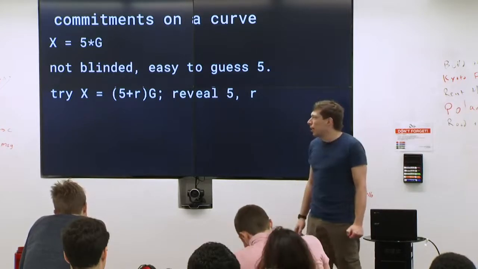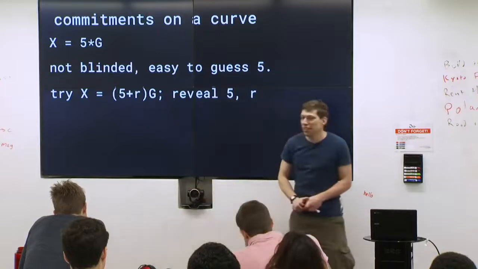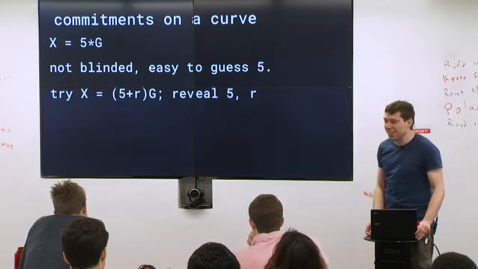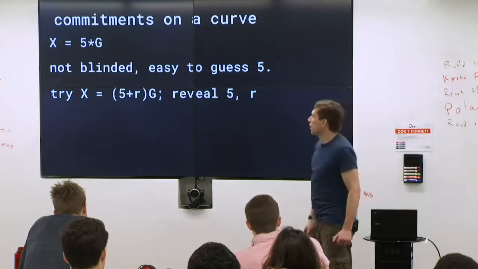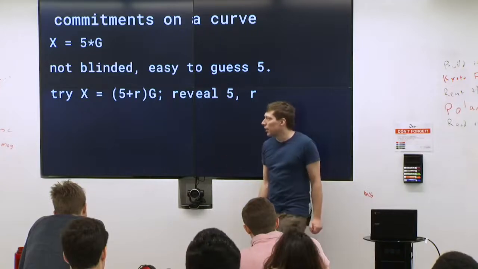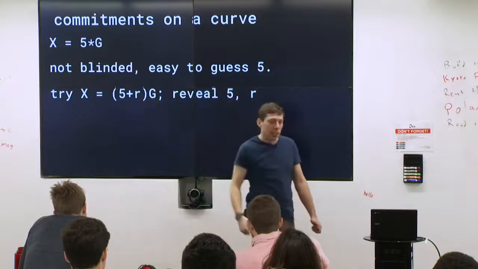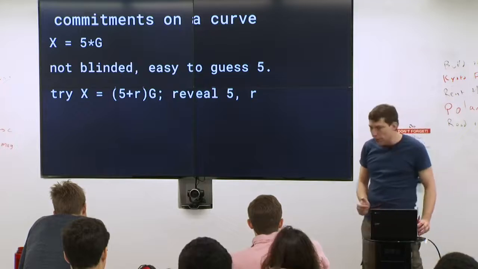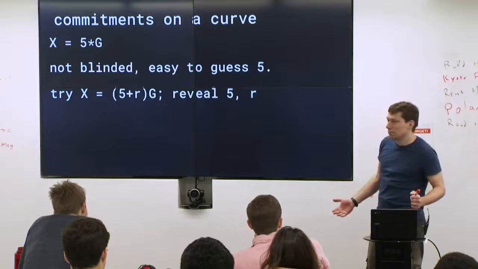Okay, how about this? Seems like a good idea? I should say it in a less obvious way: it's not a good idea. So why don't we say, okay, add a blinding factor. What would the problem be here? I'm saying, okay, I want to commit to 5. I'm going to add some random number r, and then multiply that sum by G. And then when I want to reveal that I was committed to 5, I reveal 5 and r. You don't know which